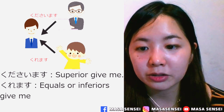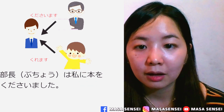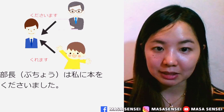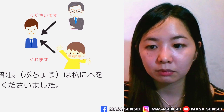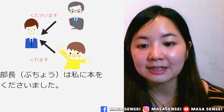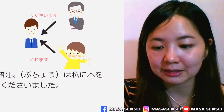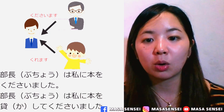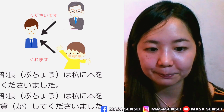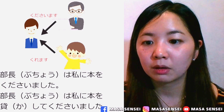If I want to say, my manager gave me a book, it will be 部長は私に本をくださいました。My manager gave me a book. If I want to say, my manager did a favor for me by lending me a book, in this case we will use て form plus くださいます。It will become 部長は私に本を貸してくださいました。